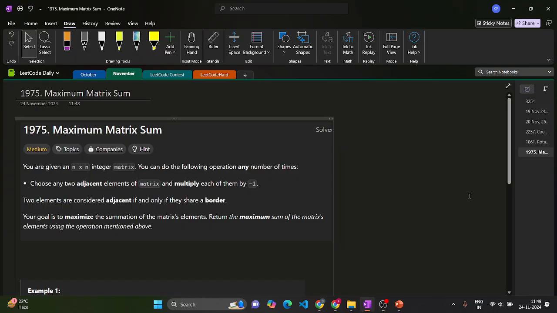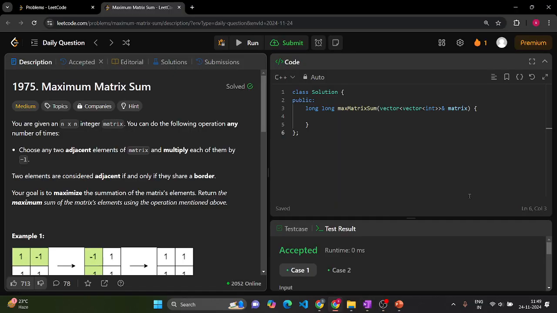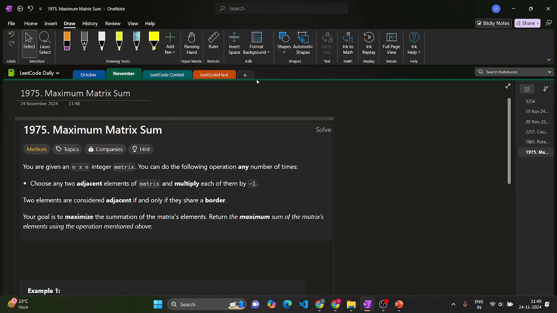So hello everyone, today we will be going to solve this daily LeetCode problem, maximum matrix sum. Let me quickly explain the problem first. In this problem we are given an n cross n matrix,